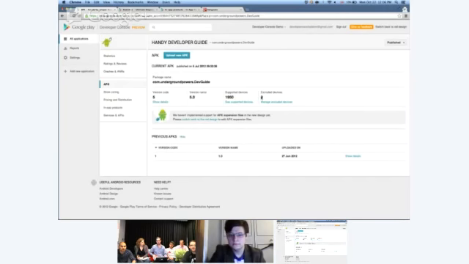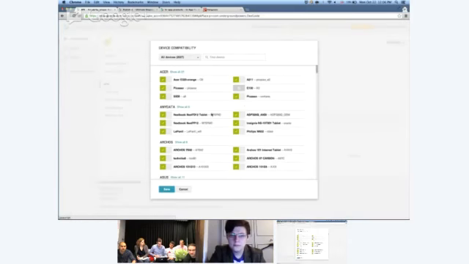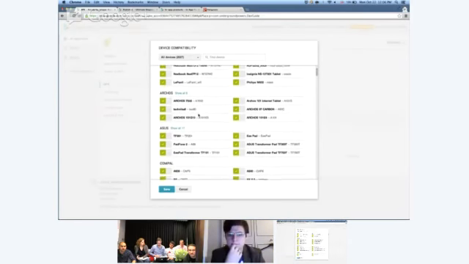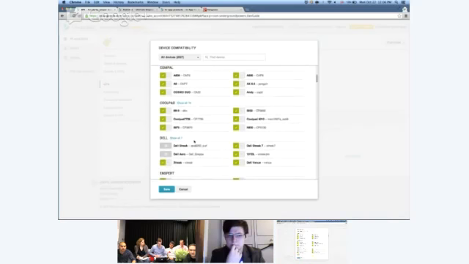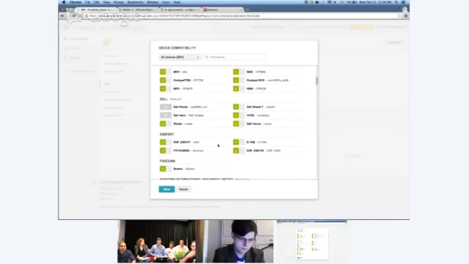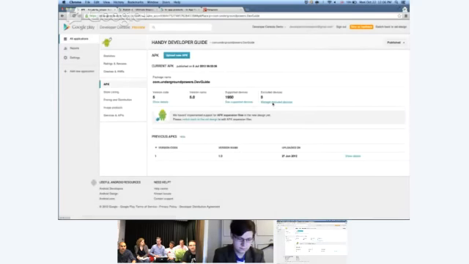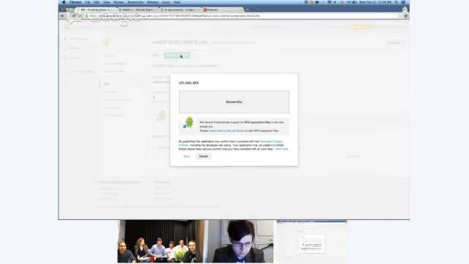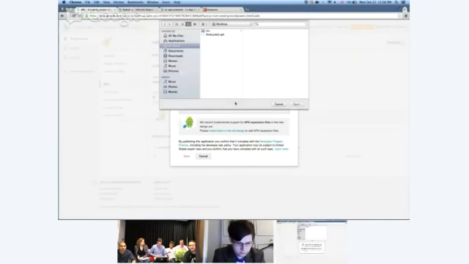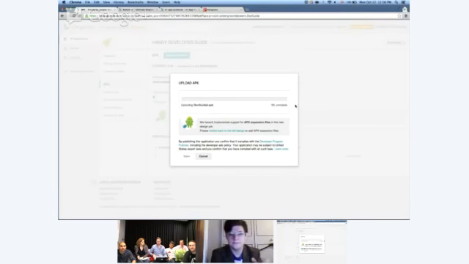Again, we try to give you as much information as we can on that page. You see the supported devices. I think this is a great way to go through the devices to see where your app is working or where not, or if you even want to exclude devices because there are certain handsets where you have problems. You can add that here as well. And obviously, if you have an update, you can upload a new APK here, and